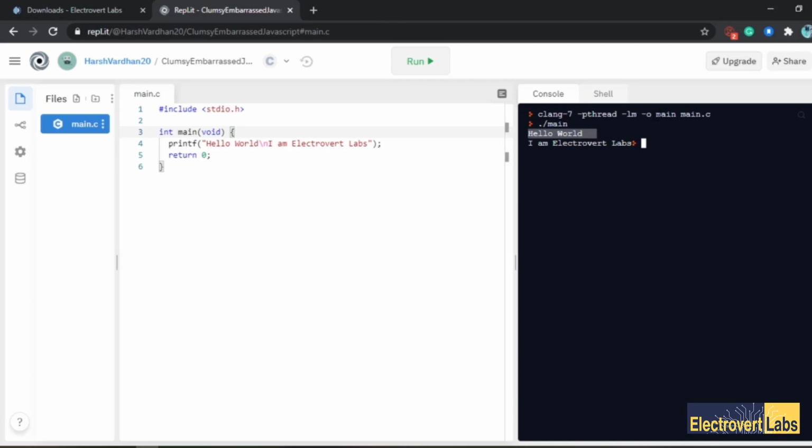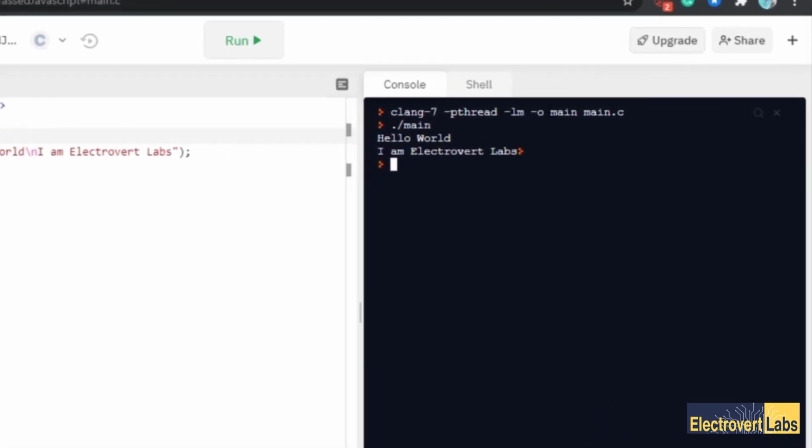Again that will do the same thing: it will delete the previous output and run again, make an executable file with the name main, then go and run the main file, and it will show the output here, I am Electrovert Labs. Okay, fine. One more thing we can do here: we have seen earlier that we can rename it with some other name also.